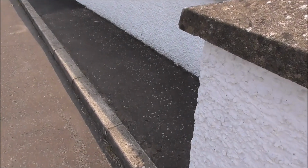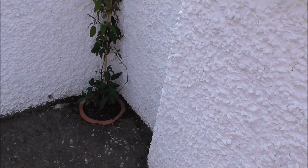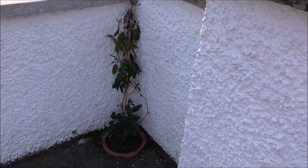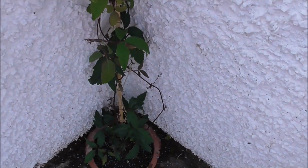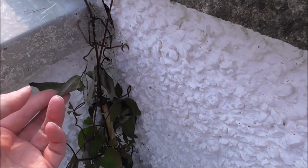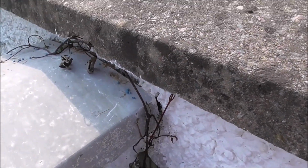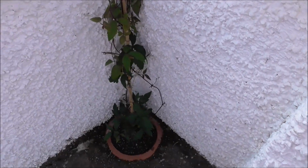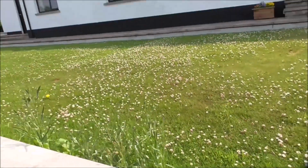So I'm out at the front of the house now. We planted this clematis along with the other ones, and I don't know what's happening to it. I don't know what's going on. The lower leaves seem to be okay, but whenever you come up a bit, what has happened here? I mean, this is definitely dead. So hopefully it'll recover. So I'm going to head to the back of the house now, and a few butterflies